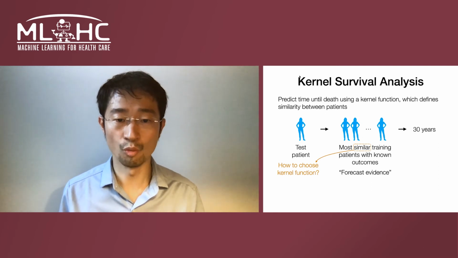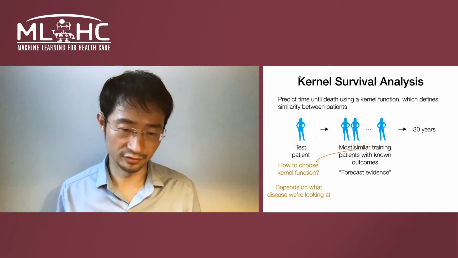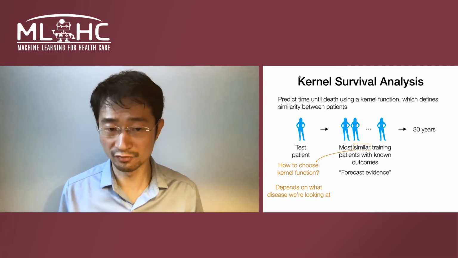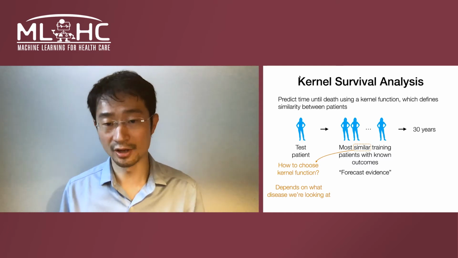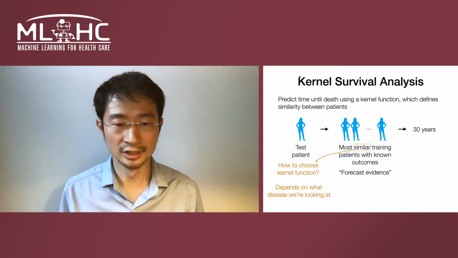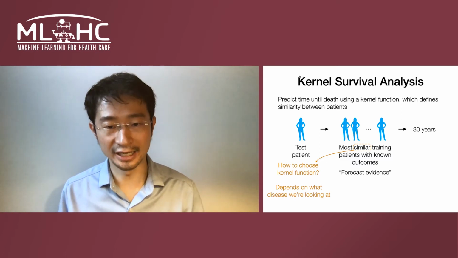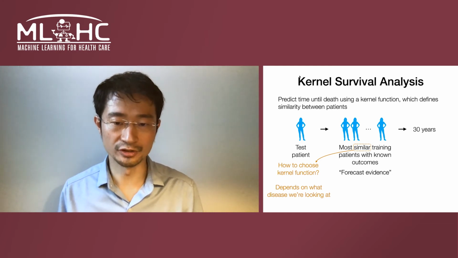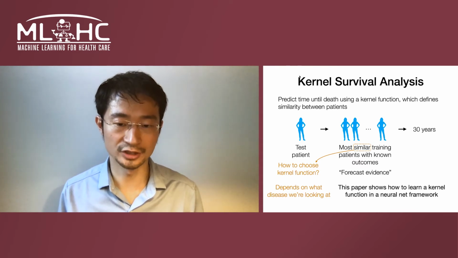is. And what this function should be depends on, for example, what disease you're looking at. If you're looking at a disease that is gender specific, then your kernel function should heavily weight gender in defining similarity. As another example, if we're looking at COVID, certain patient attributes should be weighted more, such as age and immunodeficiency. As the first major contribution of this paper, we show how to automatically learn such kernel functions in a